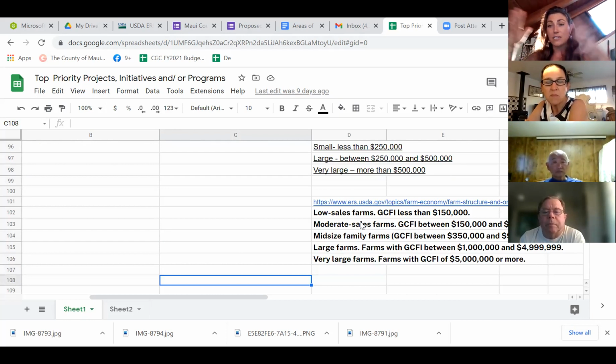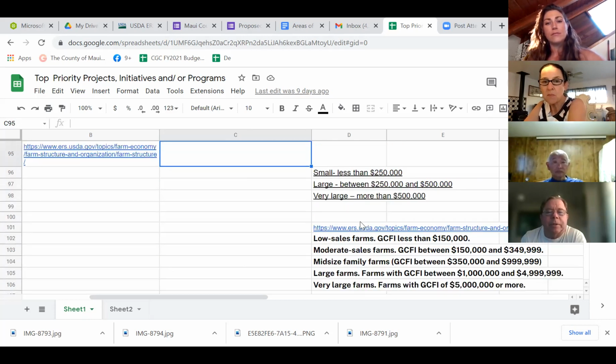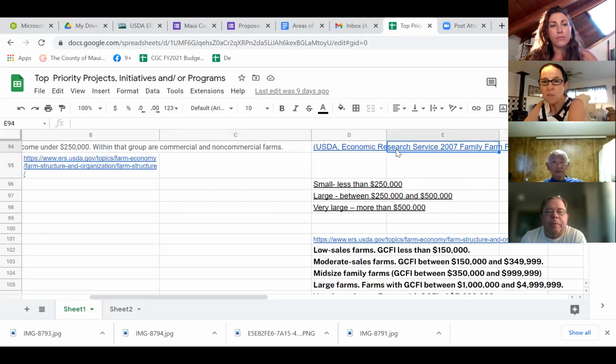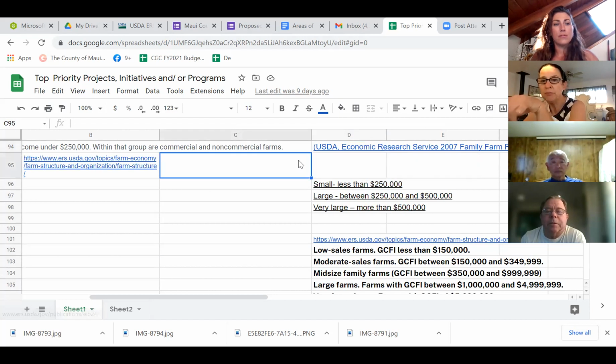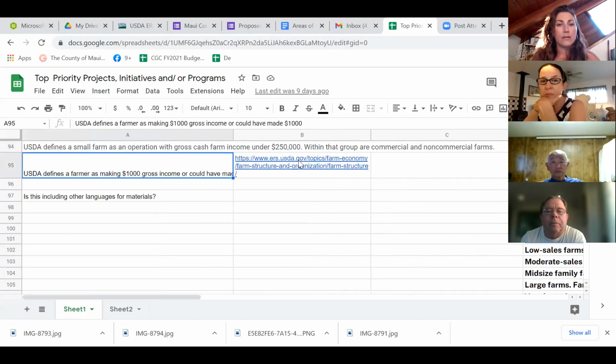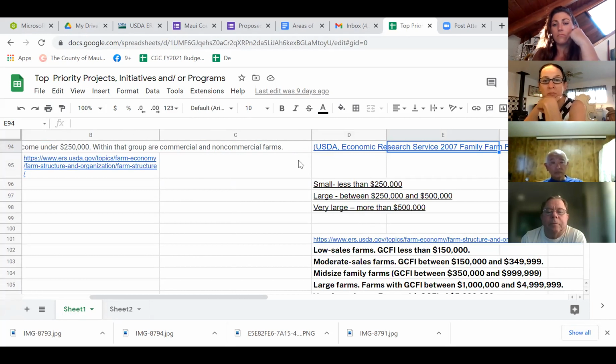But that's just what I was thinking, and feedback and group discussion is what we want right now. So Jennifer, the thing is, on the first section, the 250, we don't actually know whether that's sales, revenue, or profit. So these could be very similar. Yeah, let me go. It says gross. Move to the right. Under gross. Under G. Sales. Yeah. So gross cash farm income. Okay. Is there a way we can combine the two?